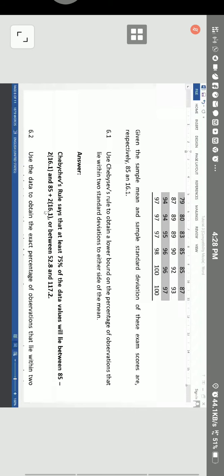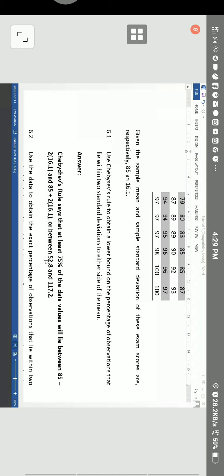So, dia dapatlah your kalau ikut rules ni, your data value ni 70%. Data value ni antara markah dia 52.8 dengan 117.2. And use the data to obtain exact percentage of observation that lie in two standard deviation. So you compare dia. Okay. So you can nampak lah 24 observation lie within intervals. Kalau kau tengok kan 25 observation lie within in the